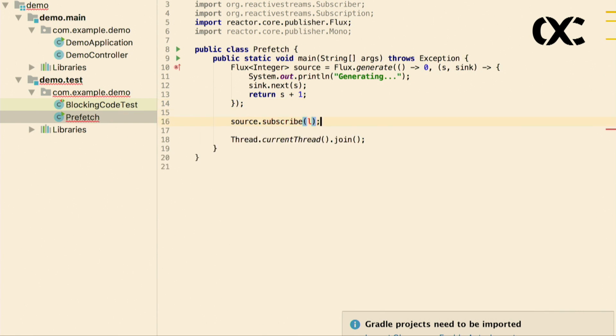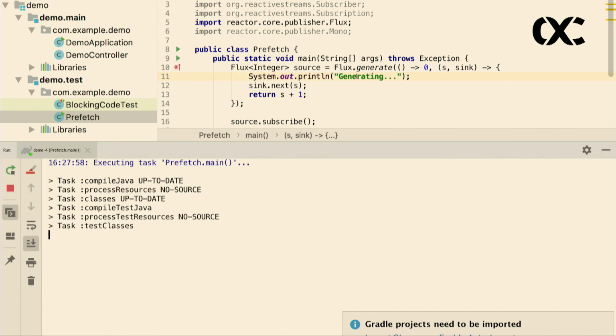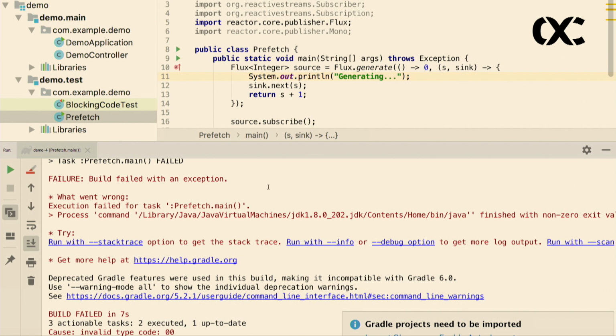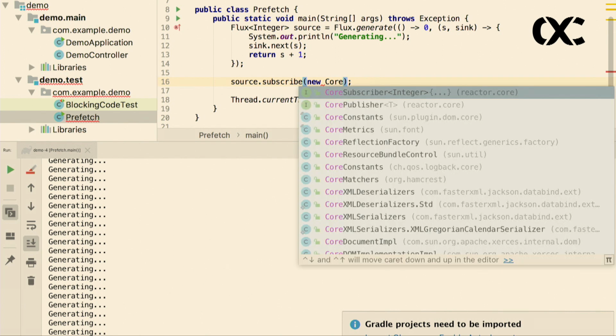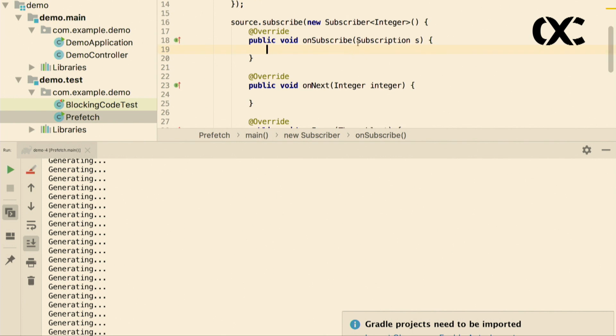So let's subscribe on our source. And this source is a super simple one. We just generate an infinite stream of integers where every new emission is the last one plus 1. And we log every generating attempt. Now if we subscribe, and there is no take, nothing like this, so we're just getting a lot of items emitted at a very high rate. However, if we subscribe with a reactive subscriber, let's say, and we never request anything,